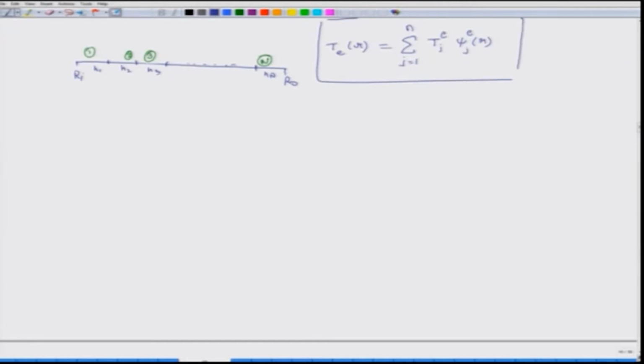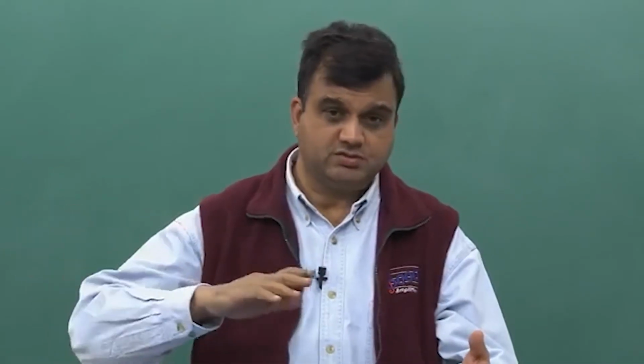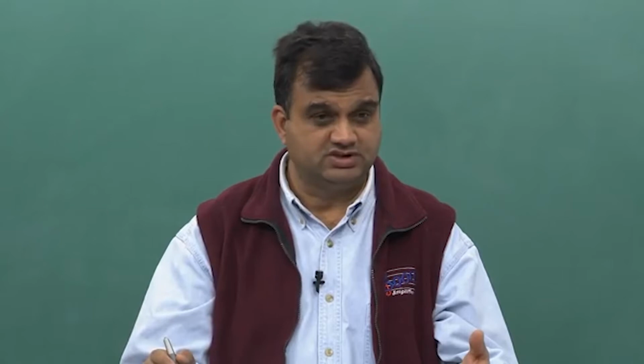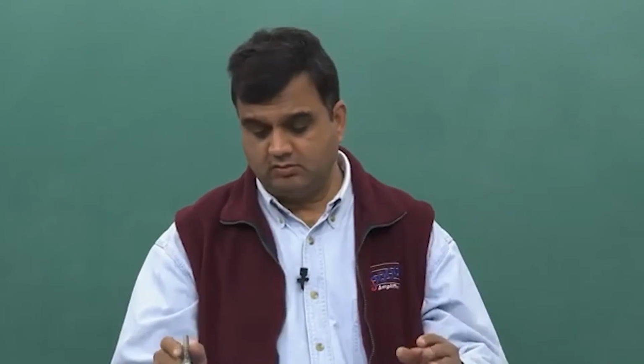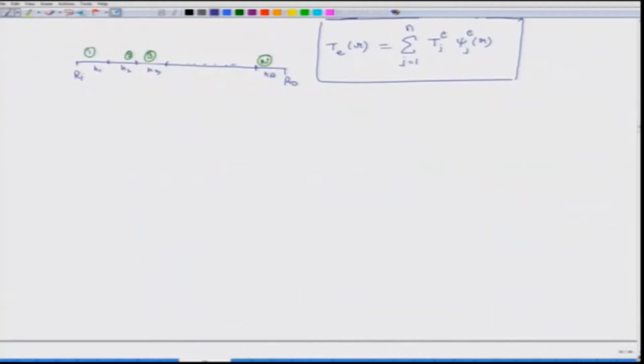So, this is the expression which we have developed, and in this development we have not lost any generality, because I can make the transition within the element as complicated and as varying as I want if I increase the order of these shape functions or interpolation functions. So, that is all I have done. I have not solved any problem, but I have assumed that temperature changes over the length of an element in a particular way, and how it changes is defined by these psi functions.